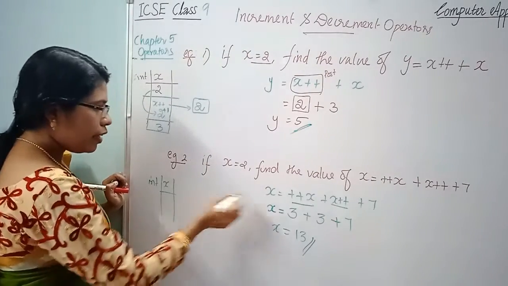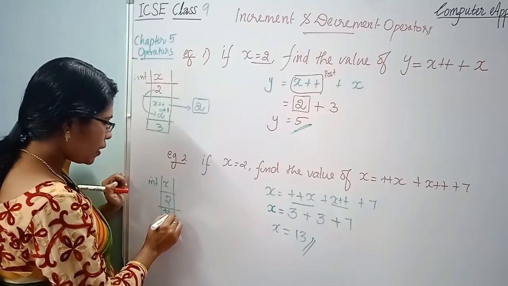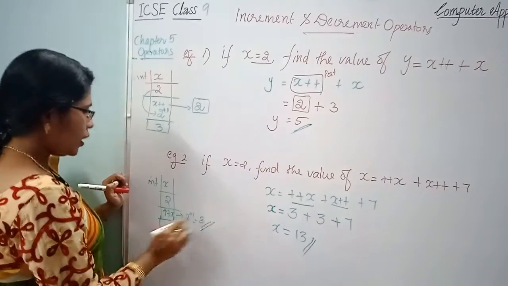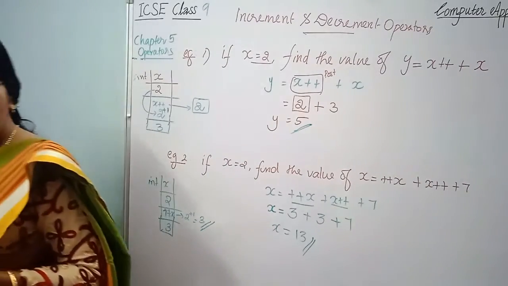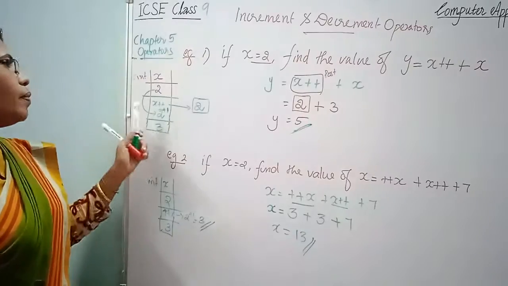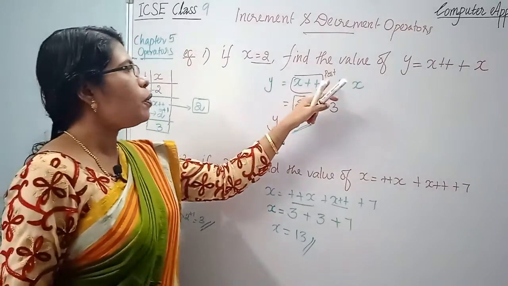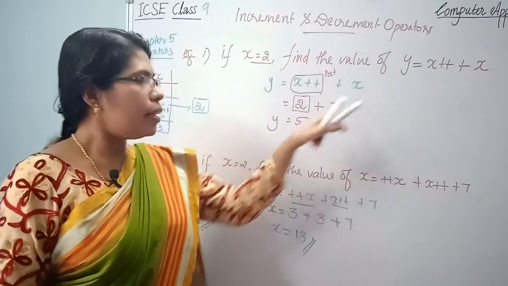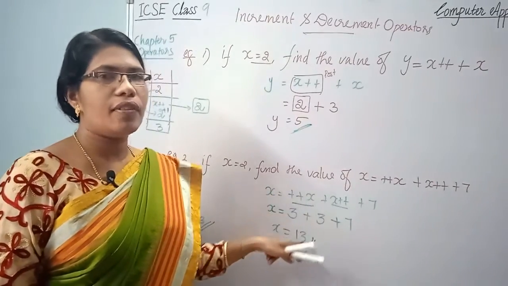The value of x is equal to 2, and we are writing x plus plus. Plus plus x means it will increase: 2 plus 1 equal to 3. Automatically it will increase, and the updated value of x in memory is 3. This memory status is not necessary, but to understand in detail, I have given this example. Just remember this point: post increment means we will use the value first, and after using, it should increase by 1. Pre-increment means we first add 1 to the value of the variable x.